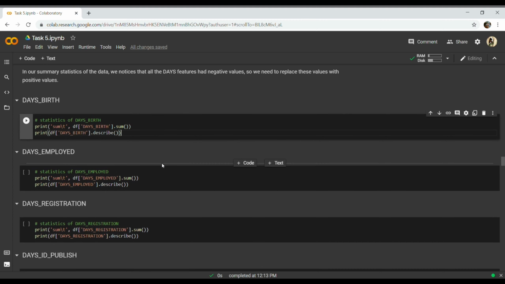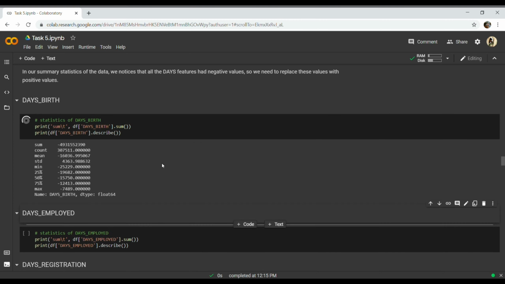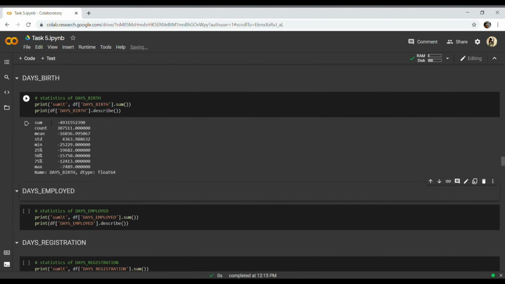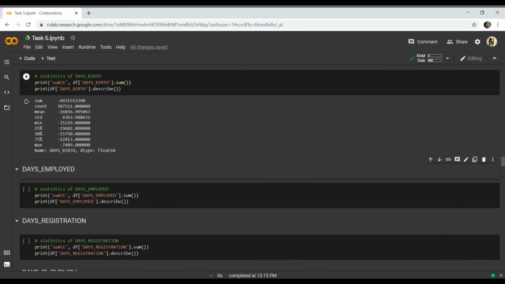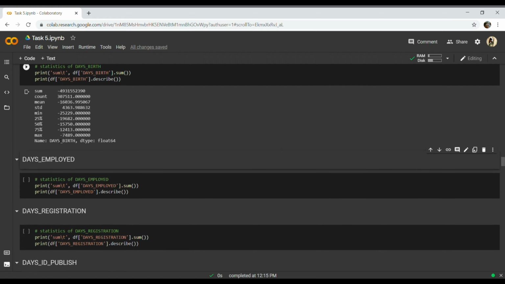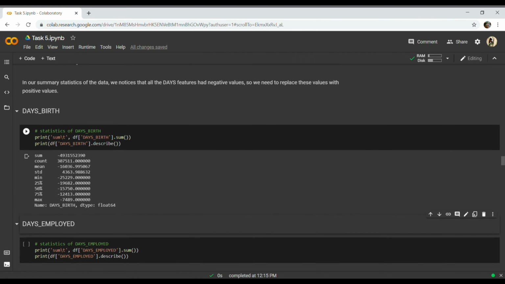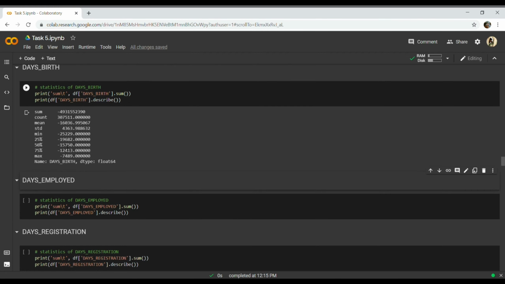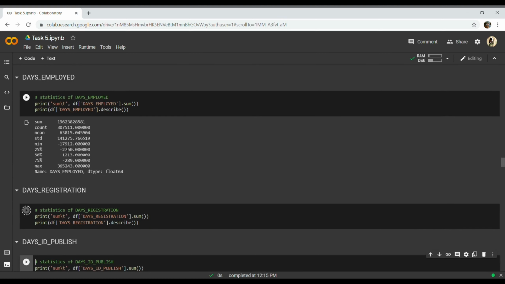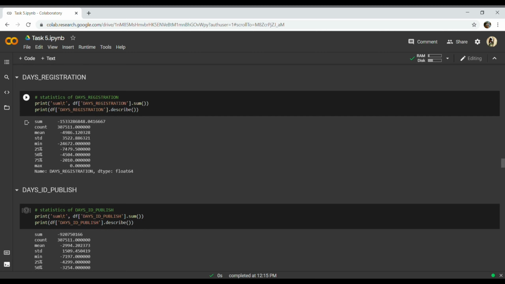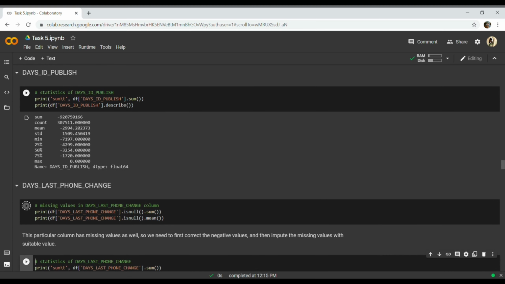Days birth, let's see. Here I have used sum for totaling the values. First we need to clear these, replacing these negative values with positive ones. Days employed, then days registration also, days ID published, days last phone change.